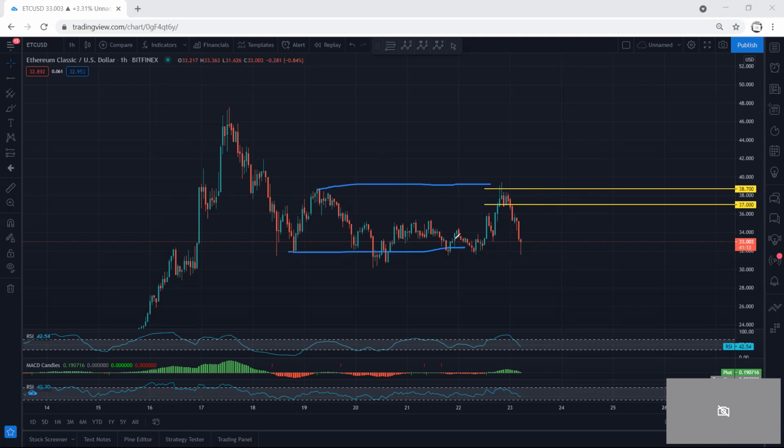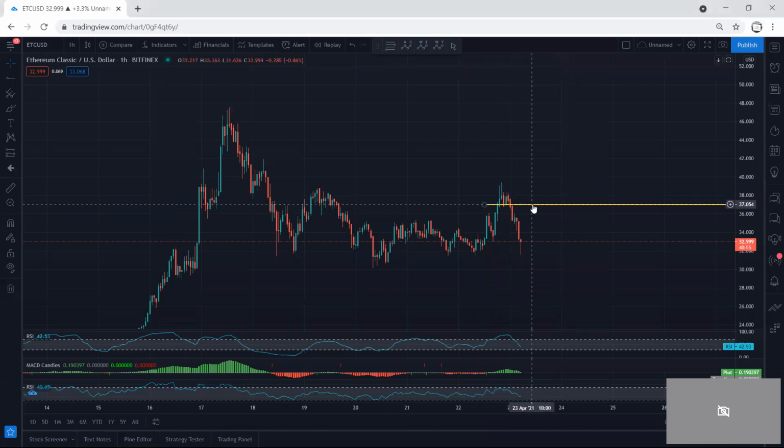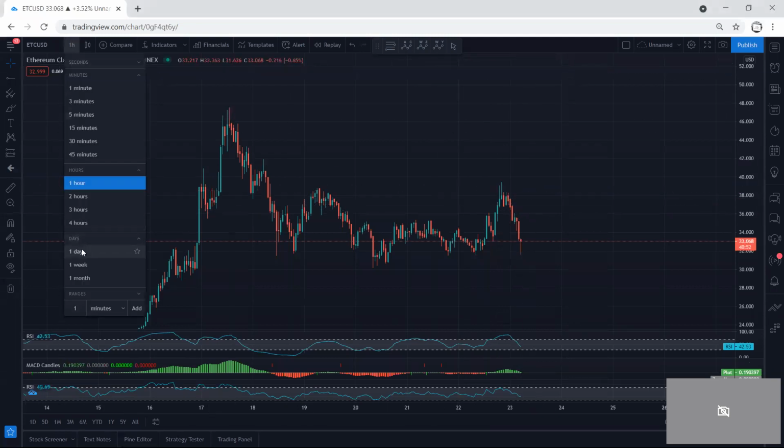I mean, what I want to say is that we were expected the price to drop. That's why we mentioned when the price tag 38.7, we should book some profits. As we can see, exactly the price tag 38.7 and reverse because of what we get here. Okay, anyway, we remove these lines, we don't need it anymore, and we move to higher time frame, we move